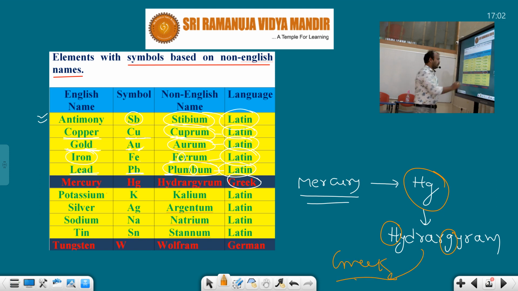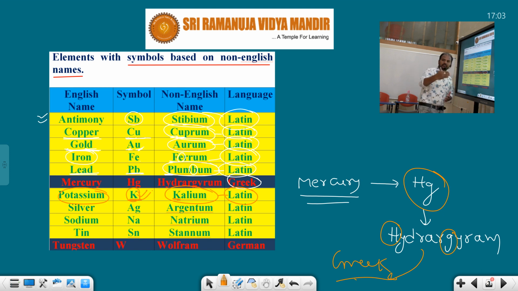In the same manner, if you observe potassium, in that word there is no K appearing, because potassium is spelled P-O-T-A-S-S-I-U-M, but there is no K. But how do we write K? Because this is also derived from the Latin word kalium. In kalium, the first letter is K. That's why K is mentioned here. We expected potassium to be P or PO, but it is K. How is the symbol K given? Because it is derived from the Latin word kalium.